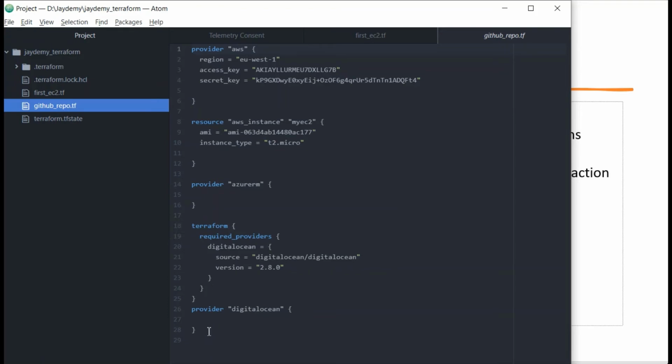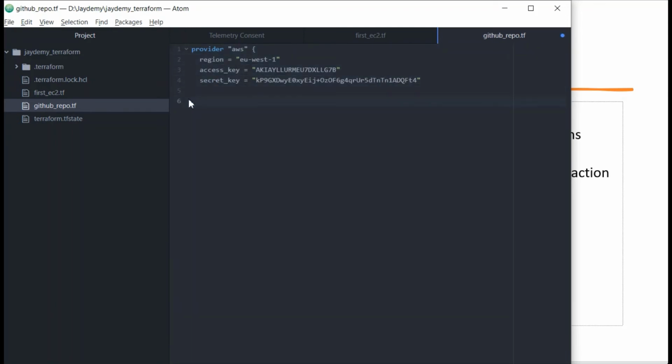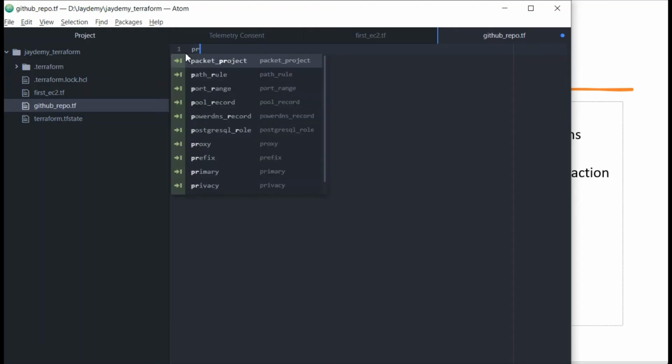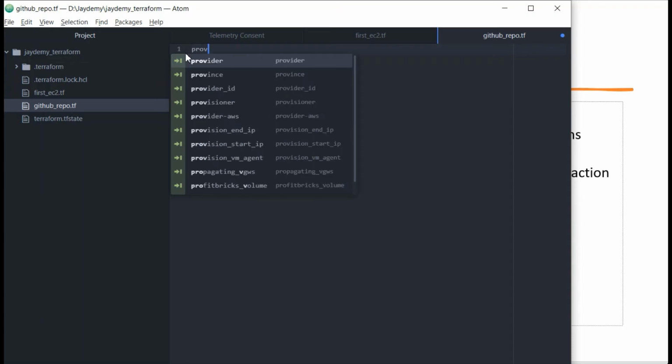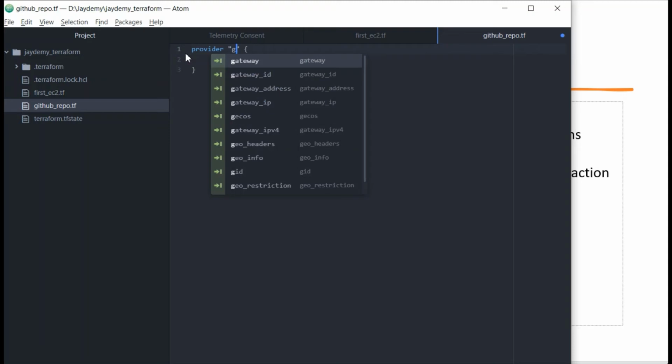Now we will remove the non-required attributes. Just delete this. I will delete the provider also, and give the provider name as GitHub.